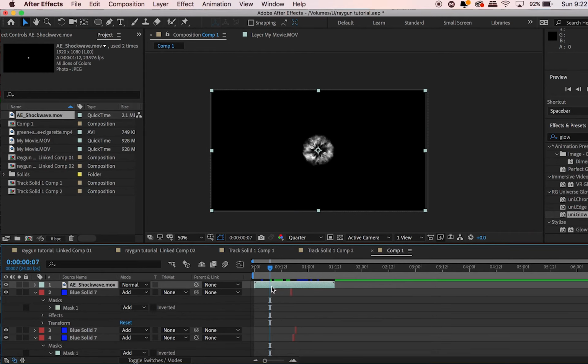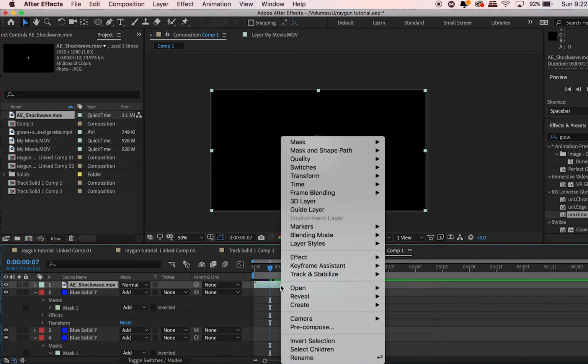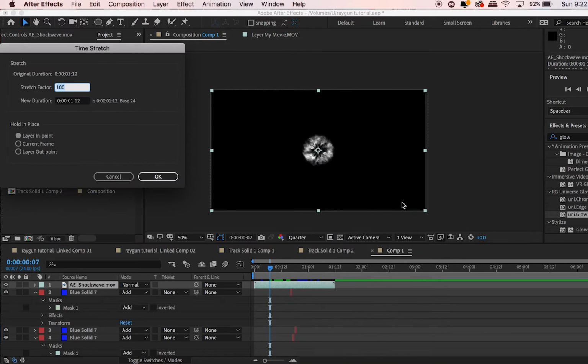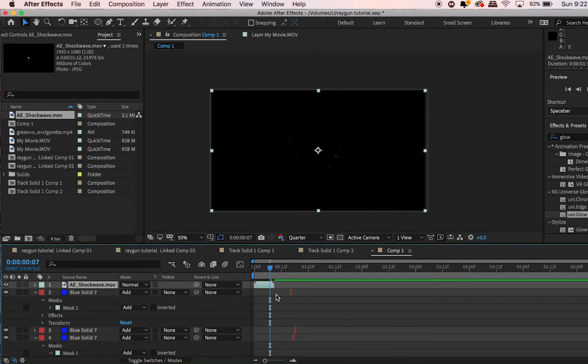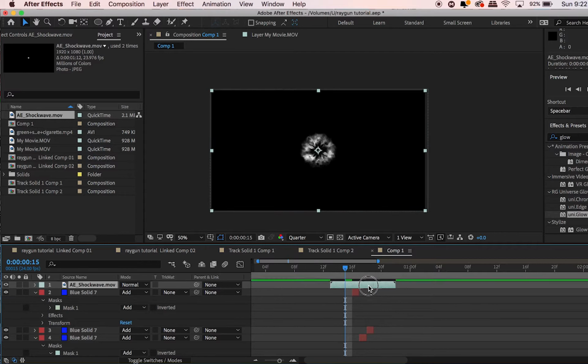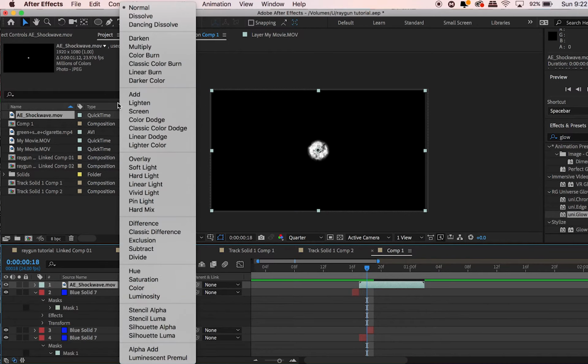But basically, we're going to drag this into the composition, the shockwave. We're going to go over to the time, and we're going to make this happen quicker. We're going to go about 25%. This will make this happen a lot quicker, which is needed because this is a muzzle flash, and muzzle flashes happen very quick. So we're going to drag this over to the frame after the barrel charges up, and we're going to